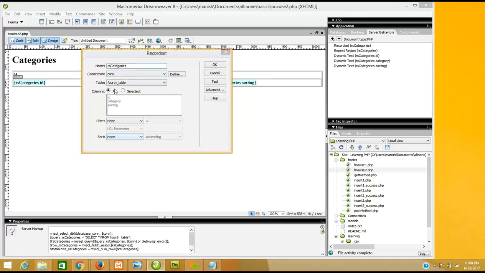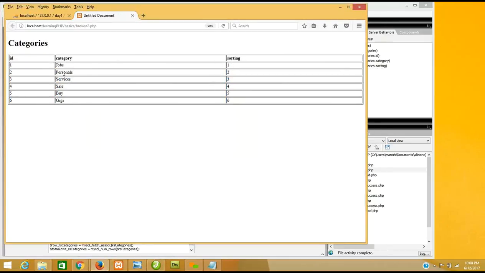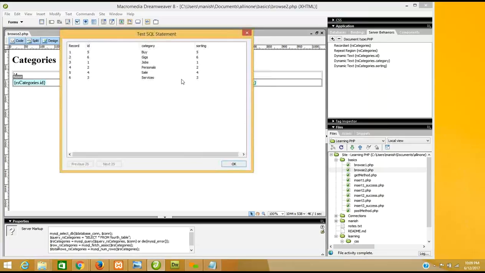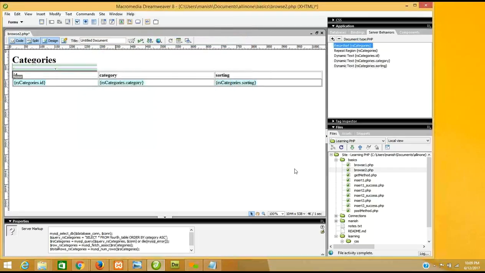If I want to sort so that all the jobs are in ascending order by category name, which will be the first one? The first one will be buy. So buy should come at the top. To make the ascending and descending order of the category, I will choose the sorting. Which field do I want to sort? I want to sort on the category, whether ascending or descending. Let's say ascending. If I test it now, you will see it has sorted with the categories B, G, J, P, S, S. And if I click OK, and I upload it,